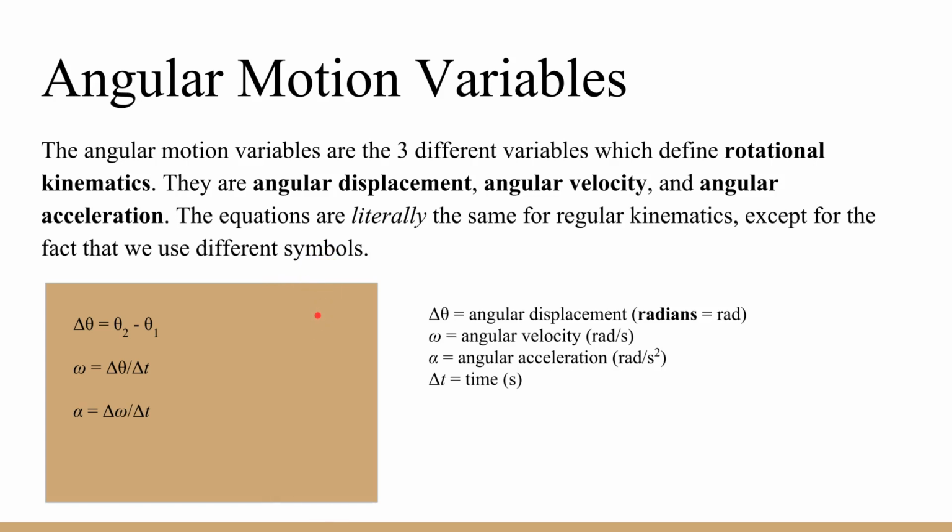So we use delta theta for angular displacement, which also means the total angle traversed. And we use radians because radians are an actual number. Degrees are misleading, but radians are an actual number. 1 radian is equal to the angle, which on a circle, I'll just draw it out for you. So here's 1 radian, right? So 1 radian,